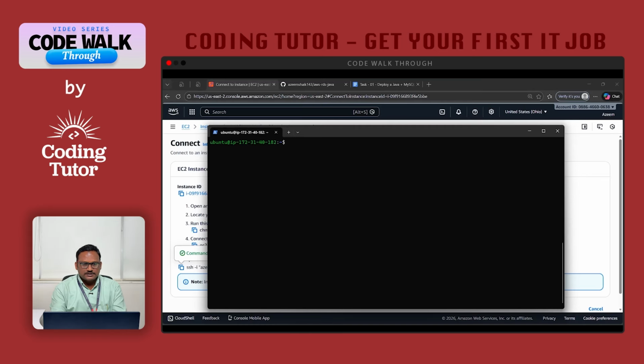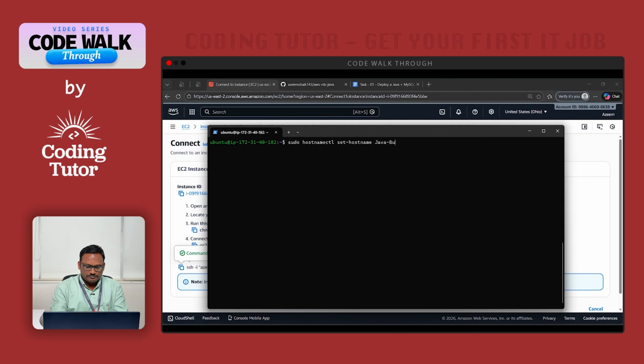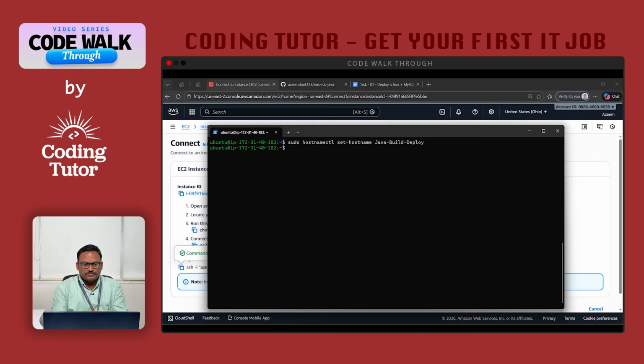For my convenience, I'll change the server name by using the command sudo hostnamectl set-hostname Java build deploy, enter. Now the hostname is changed, but if it is not reflected,